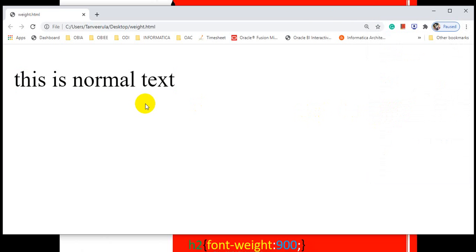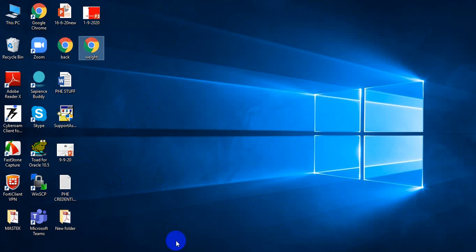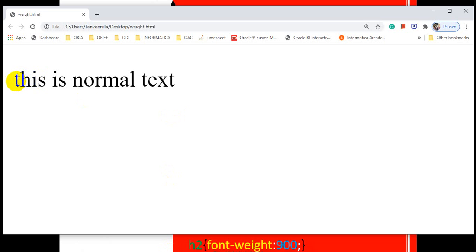So this is normal text. Right now I have not used any CSS property. It's a normal paragraph tag. So you can see the size. This size is not normal because I have zoomed the page, but I will show you how to add different CSS font weight. For font weight, we will assign some value starting from 100. 100 is lighter, and what is the normal? Normal is 400. I just want to show the 400. Why? Because if you don't use any property, the text size will be normal.